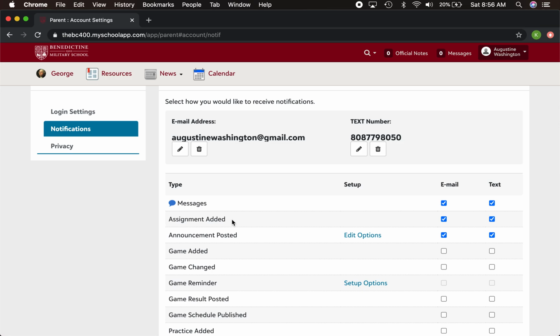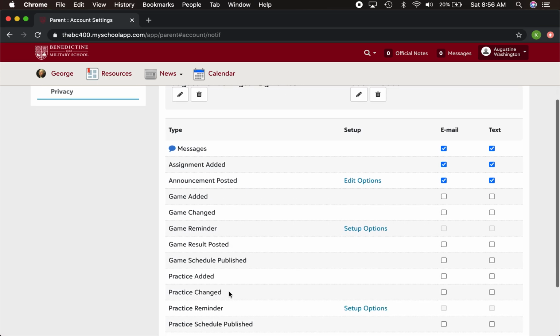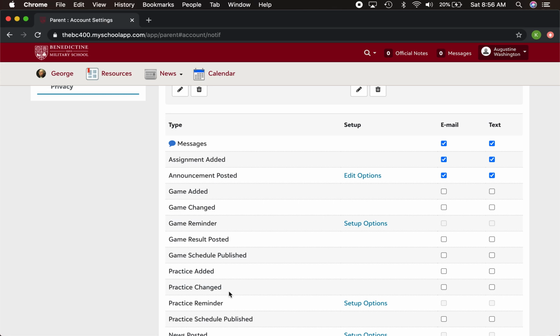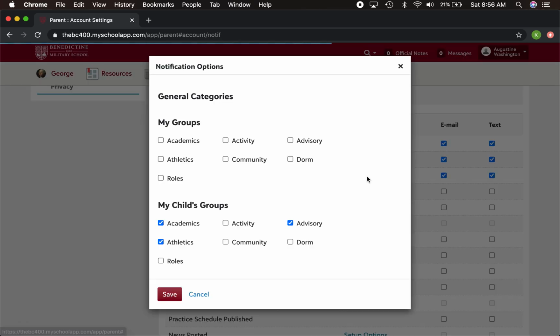Once you're able to do that, we're requesting that the parent select email and text messages for all messages, all assignments added, and all announcements posted. Any games or practices you can select and you will receive notifications, but these three are very important for the education of your son. If this is your first time setting up, you will not be able to select announcement posted until you edit options, go to My Child's group, and select Academics, Athletics, and Advisory,